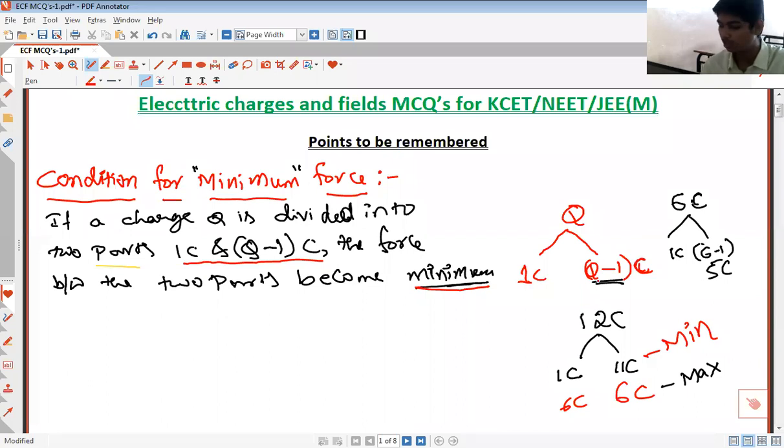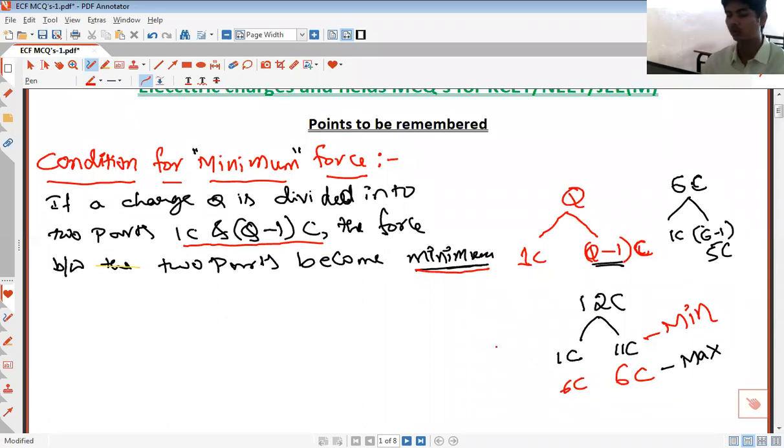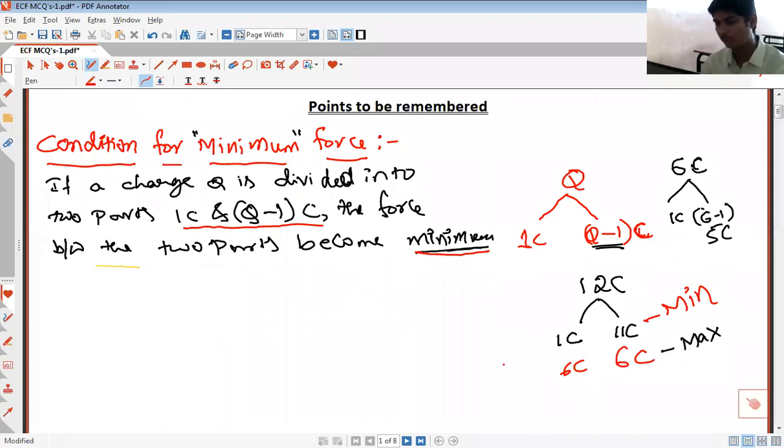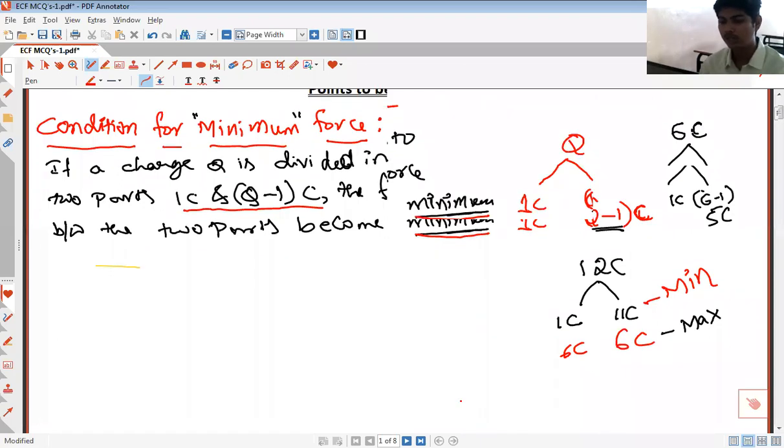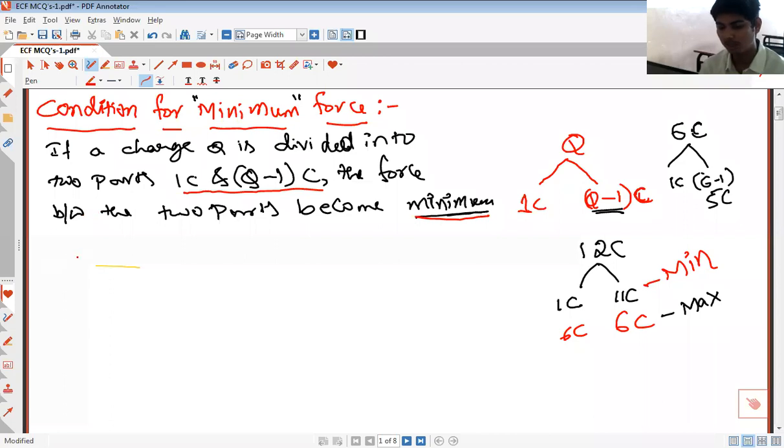Right? So this is regarding Coulomb's law in electrostatics. Many problems can come based on Coulomb's law in electrostatics, right? And you must also remember some of the important quantities that we are going to use very frequently in solving MCQs. While solving MCQs, we use some constants and values, right? So it is better if you remember these points. If you can remember this, we'll be able to solve the MCQs easily.